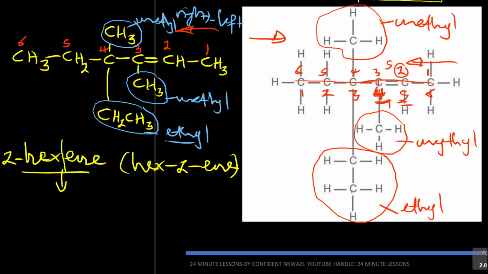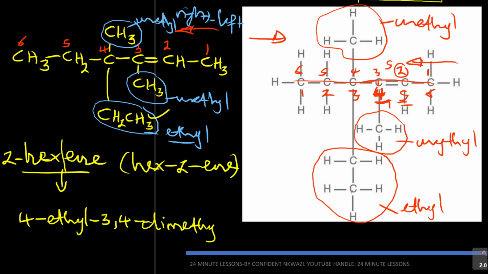We are saying since ethyl is starting, we start on this one, which is in carbon number 4 hyphen ethyl. And then again in carbon number what? Look at the methyls. It's carbon number 3 and 4. So I'll say hyphen 3, because there are 2 of them, comma 4. You don't say 3 methyl 4 methyl. No, you say 3 comma 4 hyphen, and then you say di